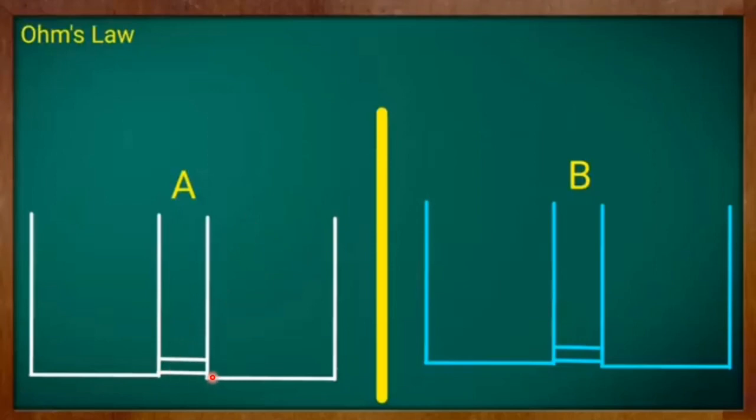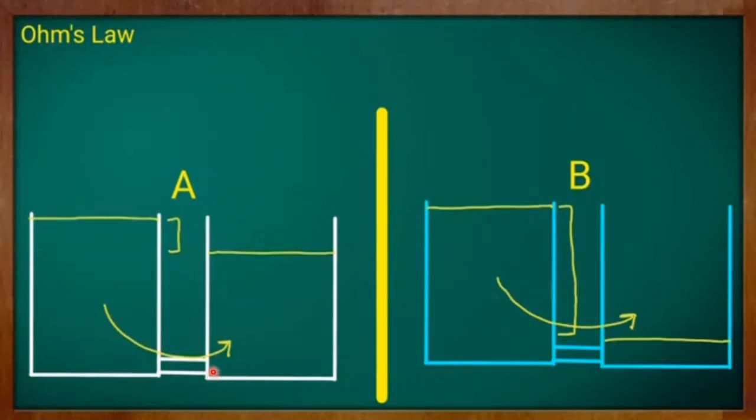In both the conditions, I have taken two containers which are connected by a pipe. Now, as I did in the previous example, here also I'll fill the first container with full of water, and in condition A, I will slightly reduce the amount of water in the second container. Okay. Then, can you tell me what will be the difference created here? The difference is only this much.